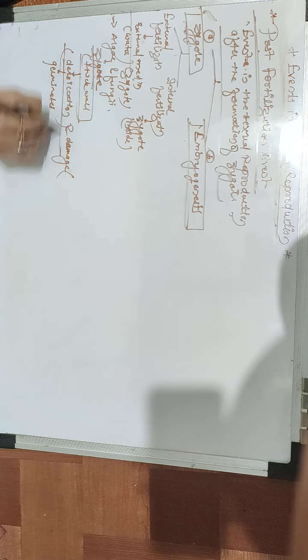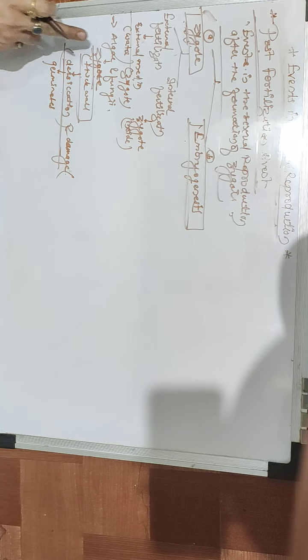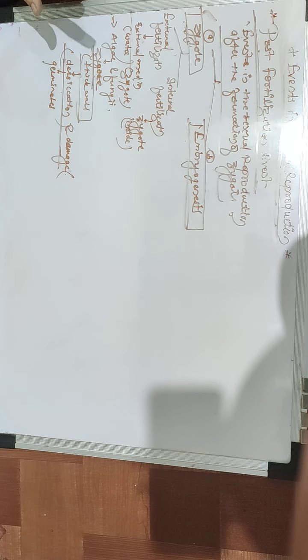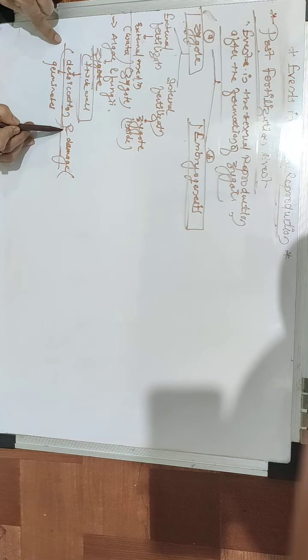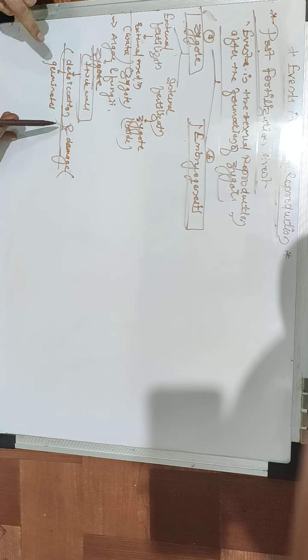After this resting phase, they germinate. Understood? So in algae and fungi, the fusion of male and female gametes forms a zygote. That zygote develops a thick wall around itself, which prevents desiccation and damage. This is a resting phase, and at the end of the resting phase they germinate to form a